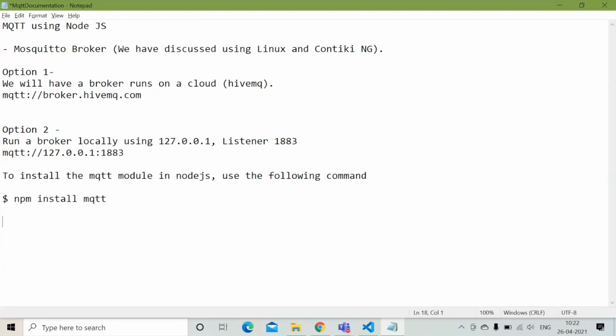If it is in Windows, in C: or D:, it is again the same command, npm install mqtt. Or otherwise there is another command, npm i mqtt. Either you can use install directly, or you can simply use npm i mqtt. In Linux as well as Windows, in both cases you can use either. Maybe I already installed it on my Windows machine, but anyhow I'll show you again.